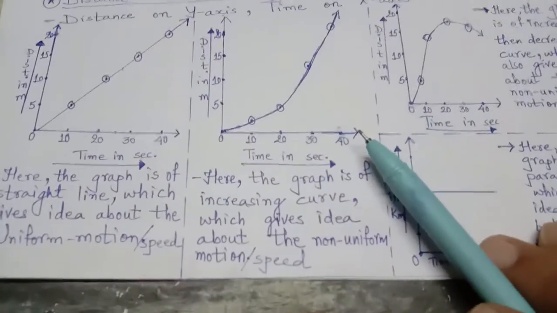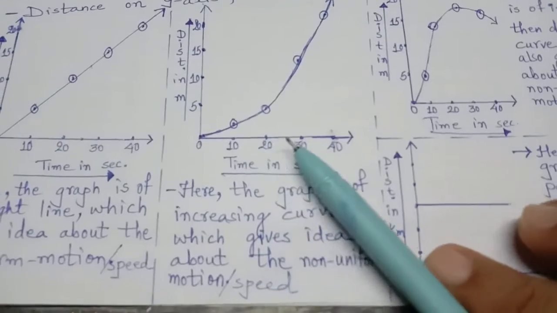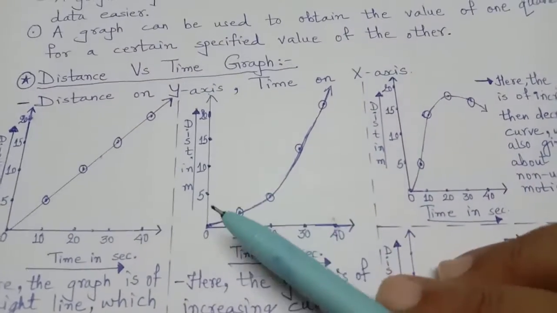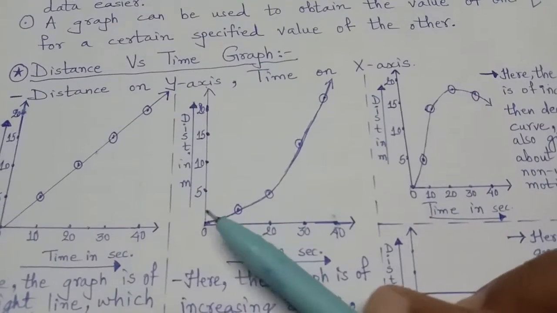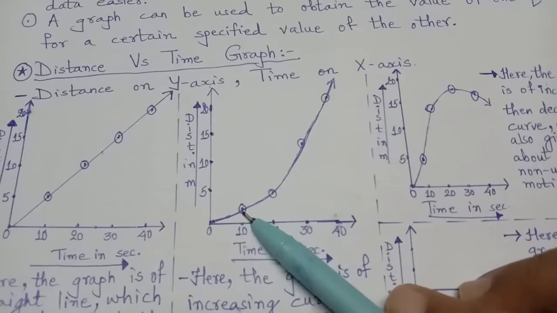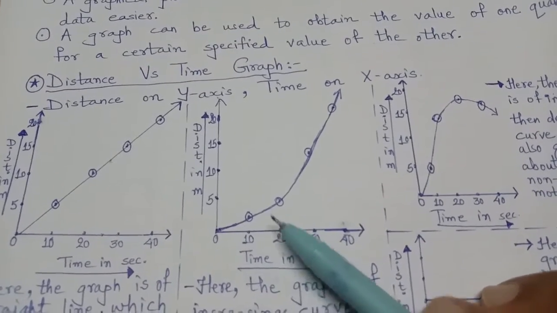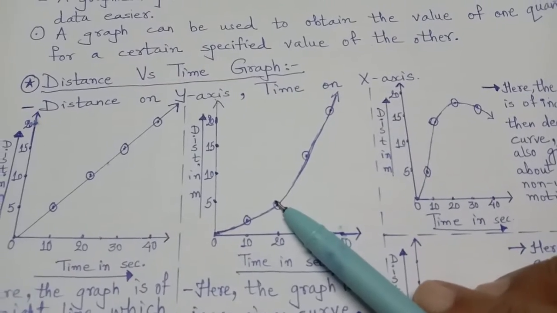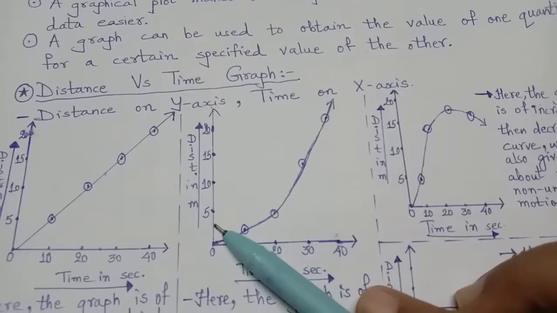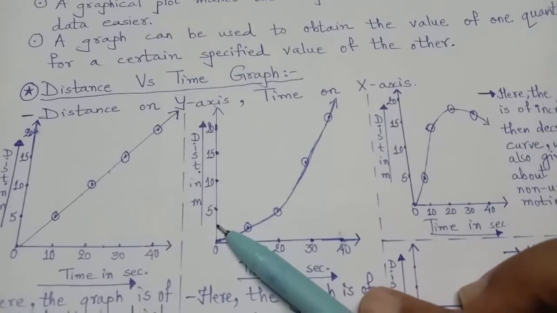Let us now see another graph by time. Here also you can see each consecutive time is 10 seconds, but here in the first 10 seconds the distance is not 5 but less than 5 meter. Then after again 10 seconds the distance is at 5 meter. So here, if we think it is 0 to somewhere 3 meter, then it has increased by 3 meter.